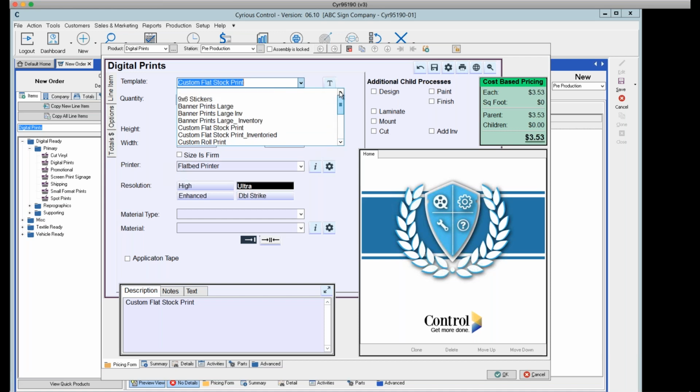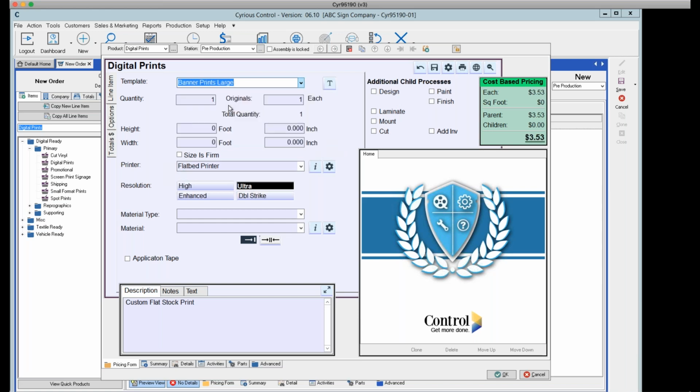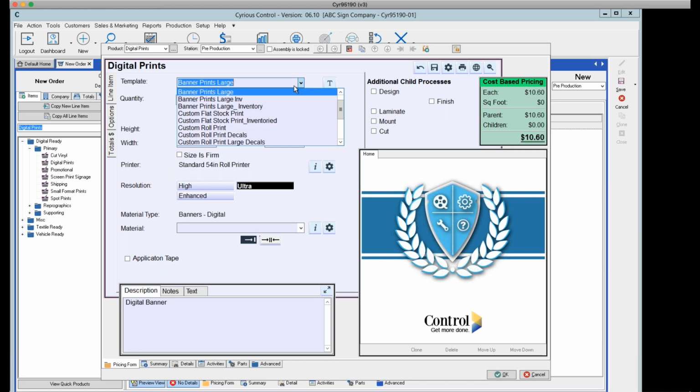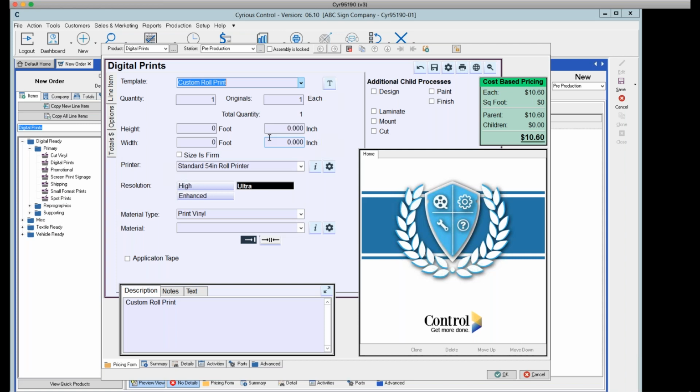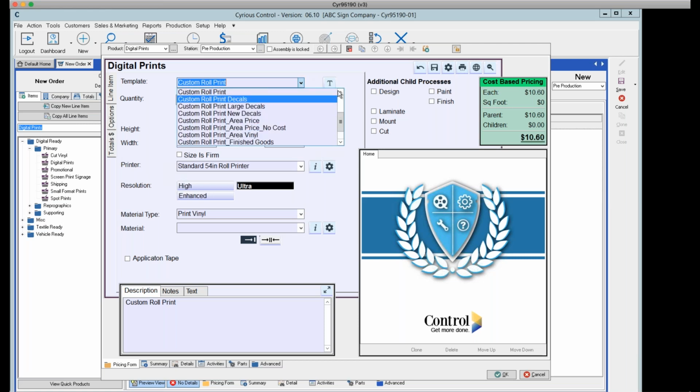Some of those are basically the standard process templates. There are standard ones in there for banners. This one here is a standard one. And if we look at it, you'll notice there's a thing here that disappeared. If we go back to the custom again,